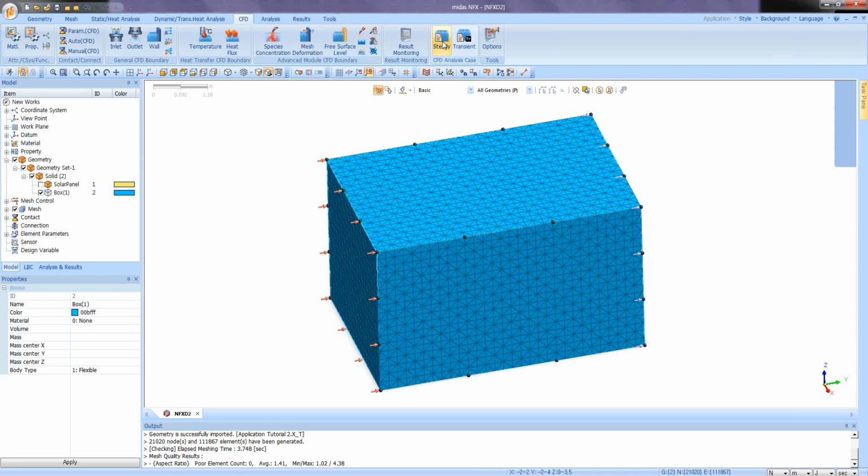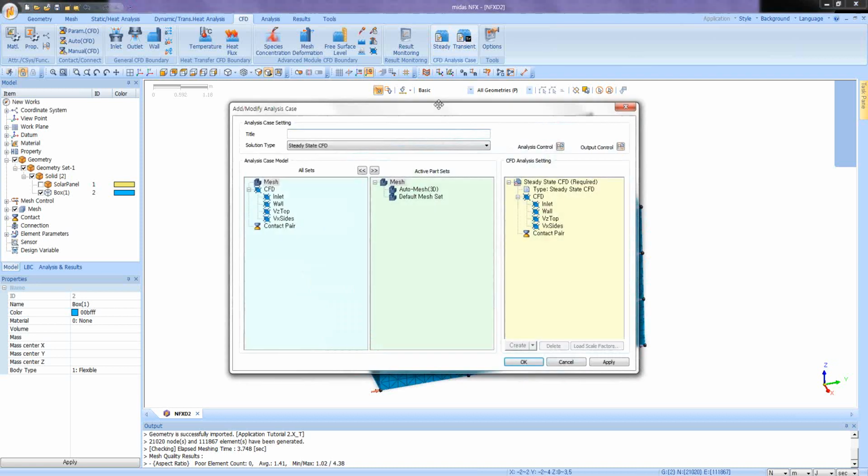So let's say there's a very long time going on, and you want to know after this very long time what will be the velocity field or the pressure field around my model. So you can use the steady state. On the contrary, if you're interested in the time factor, so you really want to know every second how the fluid is changing inside the model, for example if you have an inlet which is depending on time, like a sinusoidal inlet, in this case you'll have to use a transient type of analysis. So here I'll do steady state, so I click on steady state, I'll give it a name,